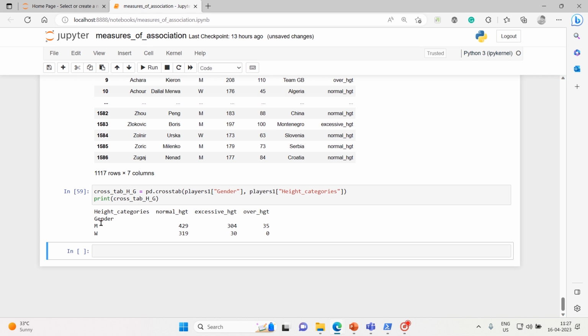So if you see that a male, okay, it's clear cut. So the male has excessive height and over height. When it comes to women, the 0 over height and 30 excessive height, but the normal height is 319. So most of the women will have normal height, whereas the men is having the excessive height